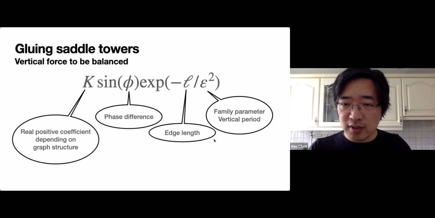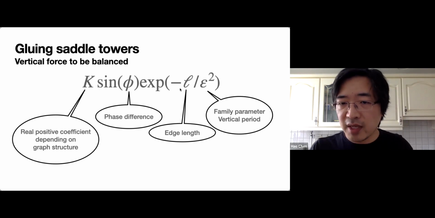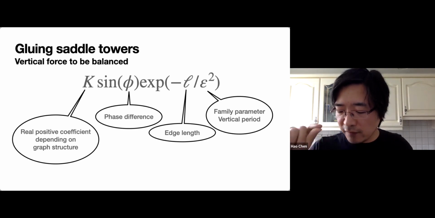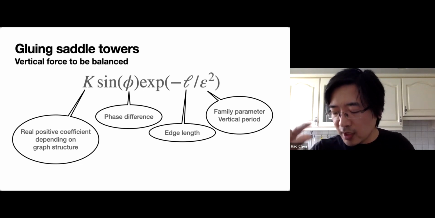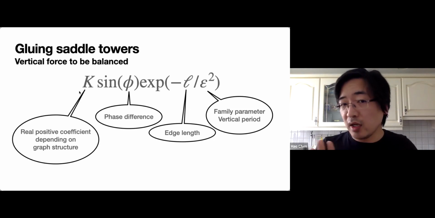This force has a term sine phi, where phi is the phase difference between adjacent saddle towers, and L is the edge length in the graph, and then you have epsilon, which is roughly how much you open up the nodes, and then you have a K,